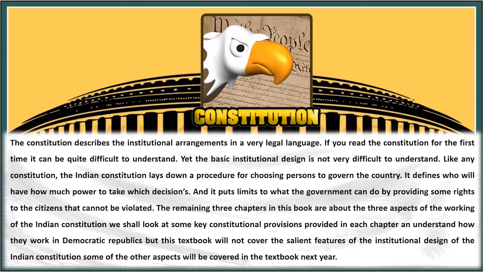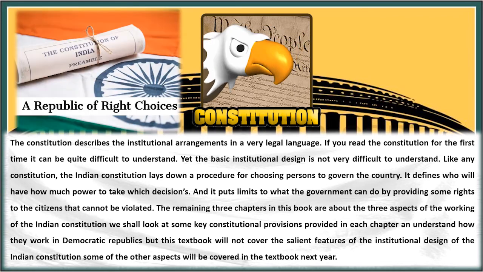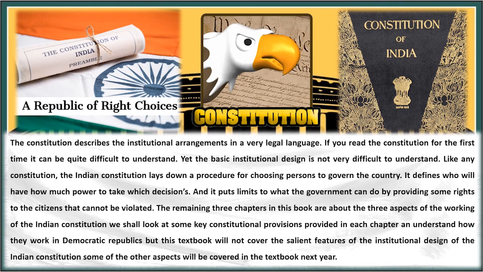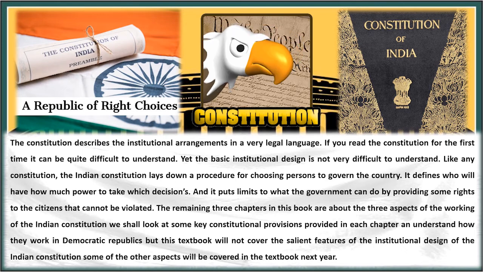All the rules and regulations the citizen and the government must follow are compiled and mentioned very clearly in the Constitution in a legal language. It is slightly tedious to read and understand the Constitution the very first time. The Indian Constitution provides rules and procedures for electing desired candidates to govern the country. It also dictates the amount of power the citizens and the government will have in all the procedures. It also provides limits for the government and the citizens to work within. By reading this paragraph, you will understand better what the Constitution has to offer.